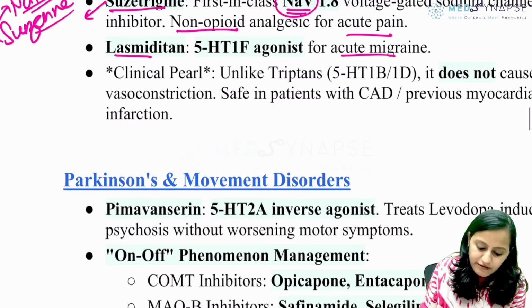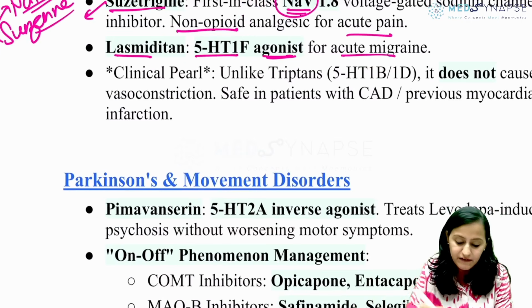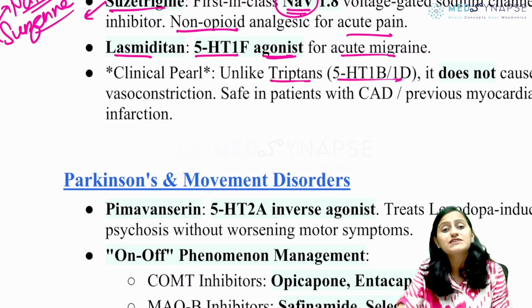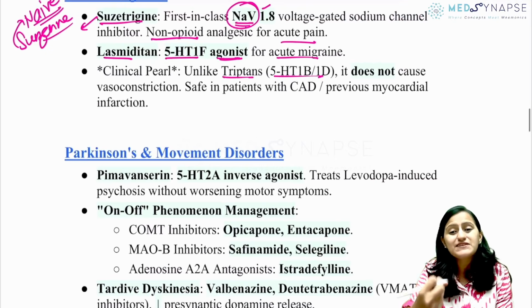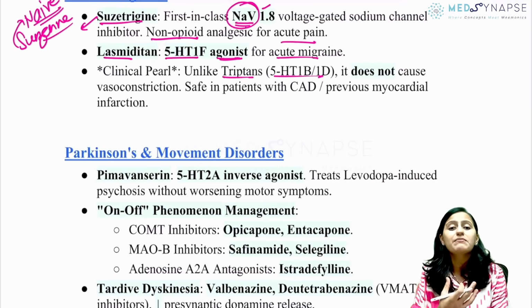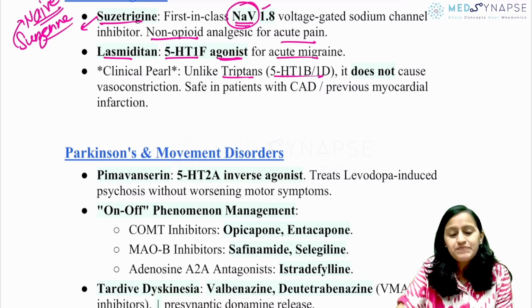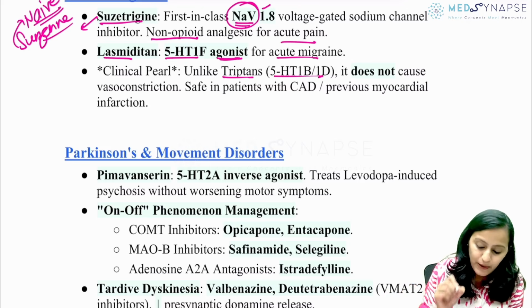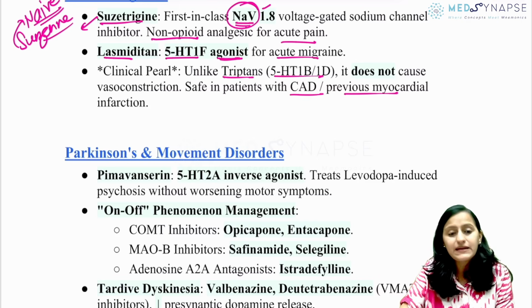Remember, it is a 5-HT1F agonist. Like in acute migraine, we use triptans, which act on 5-HT1B/1D. But the problem with triptans is they cause vasoconstriction. If a patient has MI, that can cause ischemia, that can lead to MI. So that is why, when you want an acute migraine drug in a patient with previous MI or coronary artery disease, then